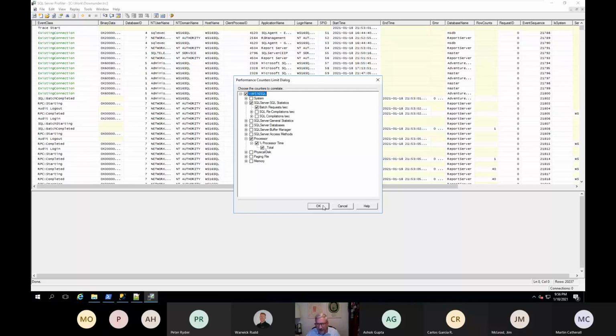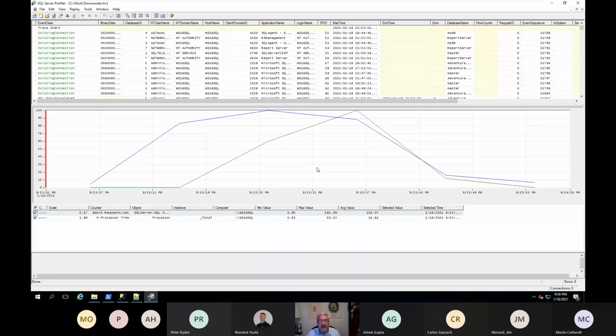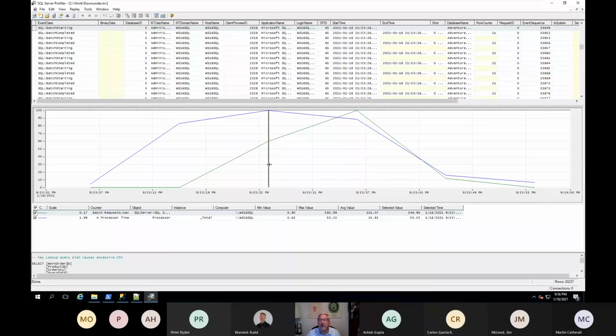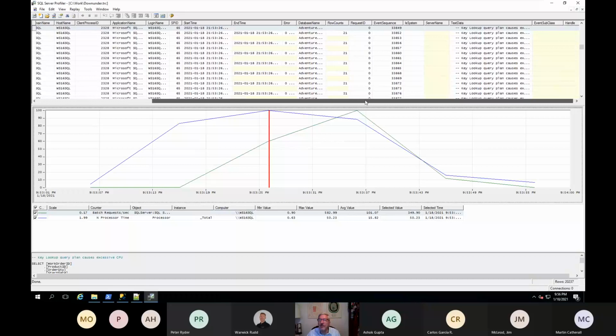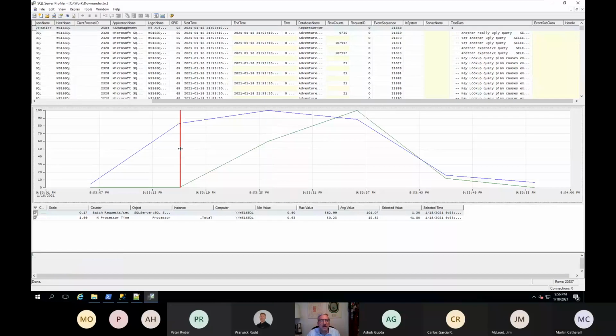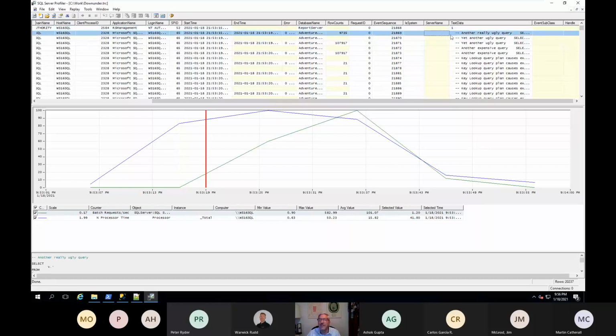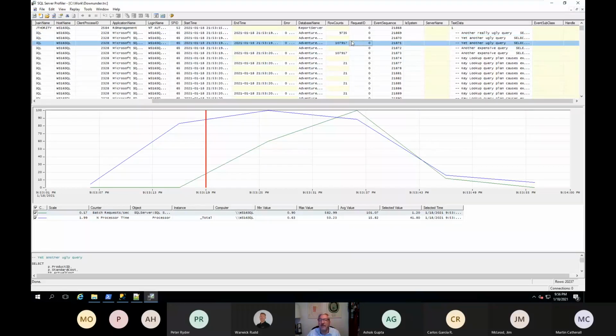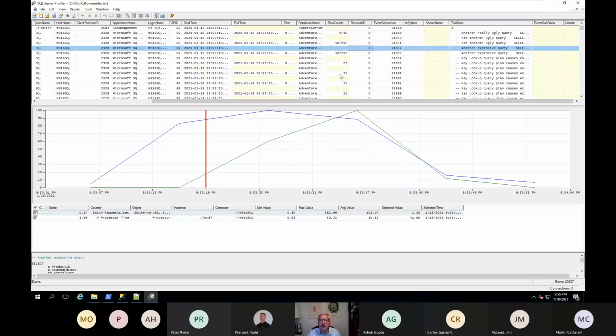I can always go back and add a different counter at a later time, but once I do that, I get this interesting graph. And if I click on the graph, right here, we started up with the really ugly query. We've got other ugly queries.